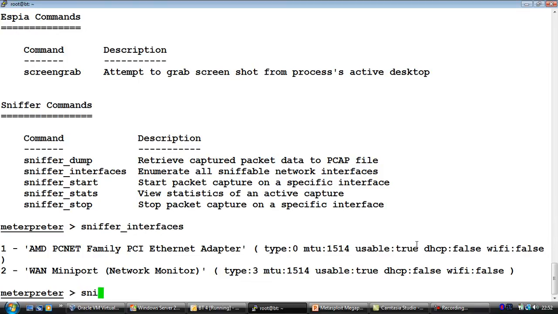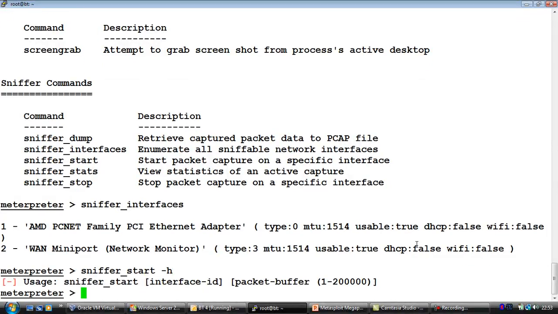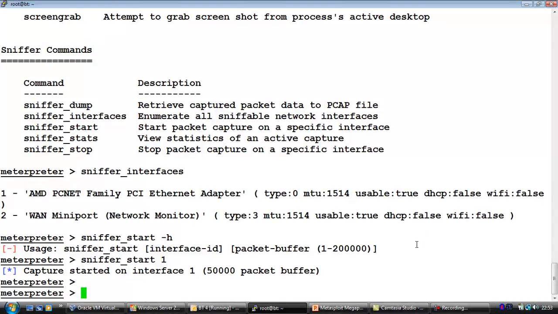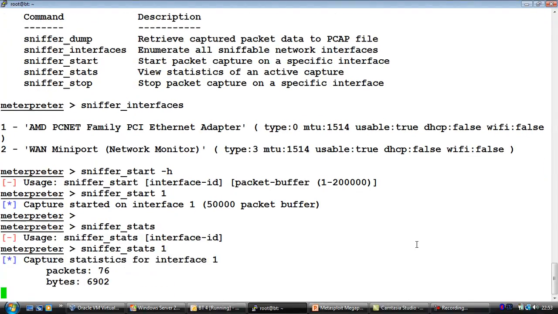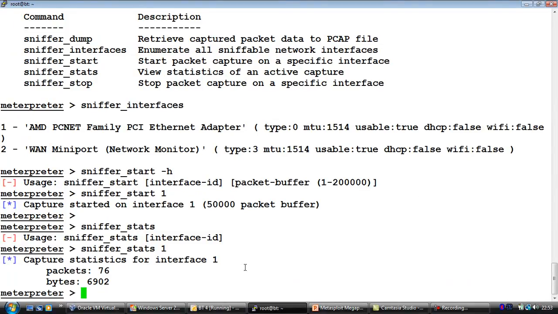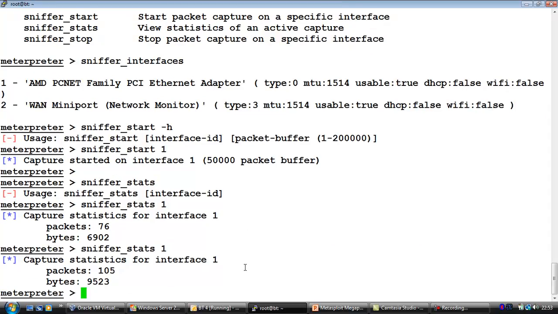So let's say I'll start my sniffer, and I think I need to give the extension the interface ID, right? Should be 1. Now, once the sniffer starts, well, we can wait for a bit and go ahead and hit the sniffer stats command to look at the number of packets which the sniffer has collected, right? And now let's say we've gone ahead and collected quite a bit of packets, then we can go ahead and use the sniffer dump command,